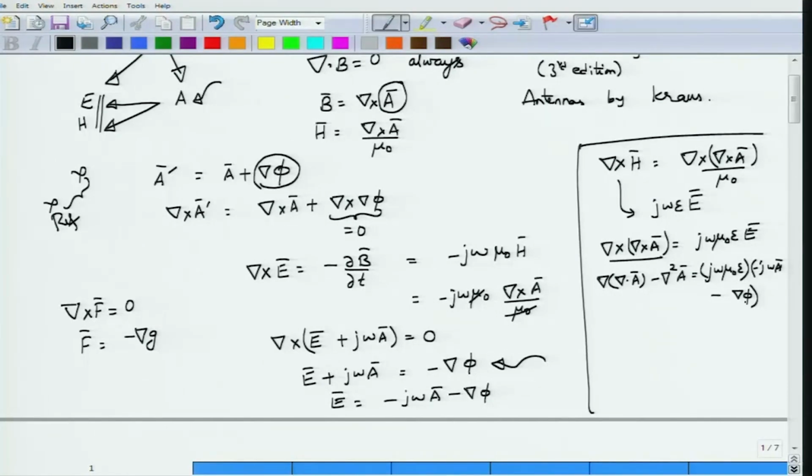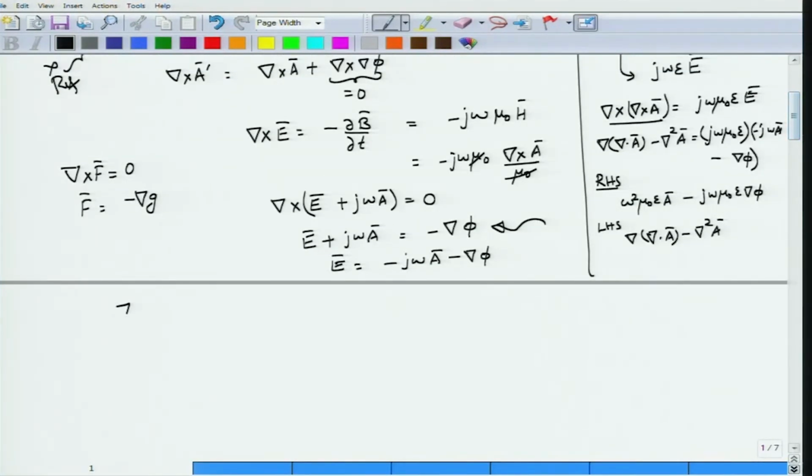So, it is kind of getting difficult to write down this one. So, I will only write down the RHS term here. Expanding this, I get omega square mu 0 epsilon A, that is this term, minus j omega mu 0 epsilon gradient of phi. What happens to the left hand side term? The left hand side term still remains del of del dot A minus del square A. Equating the left and right hand side terms, what we get is del of del dot A minus